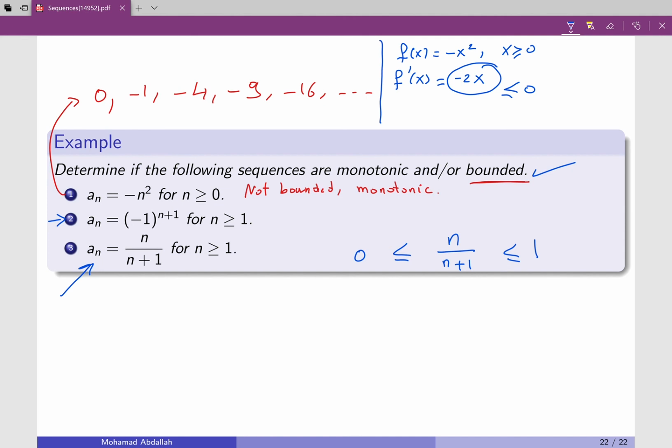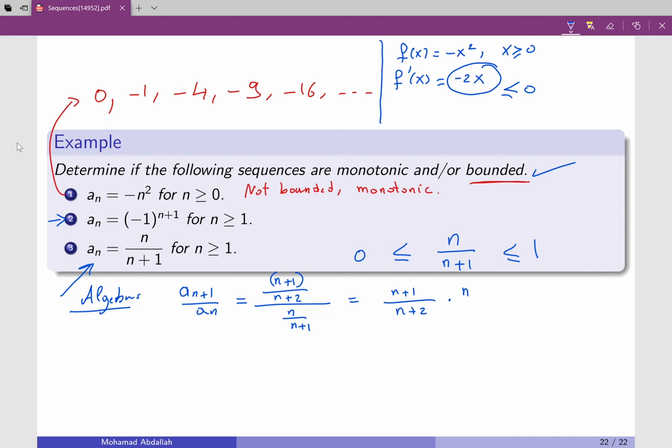Now I want to see, is this going to increase or is this going to decrease? You can list some values, that's going to give you an idea. But to prove it, you have two ways to do this. Maybe three ways if you want. I can add another one. I can use algebra here. I can show that a_(n+1) over a_n is less than 1. So a_(n+1) over a_n, that's equal to (n+1) over (n+2) divided by n over (n+1), which is (n+1) over (n+2) multiplied by